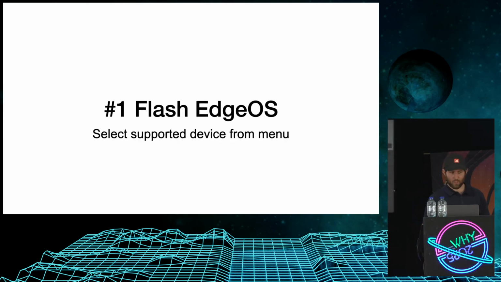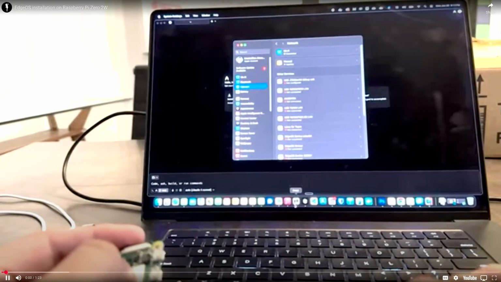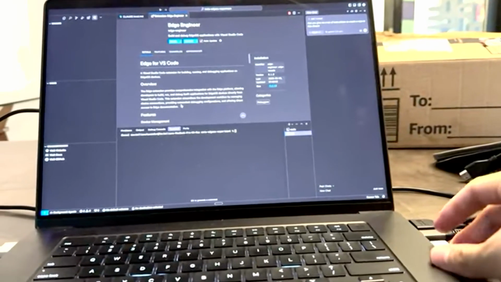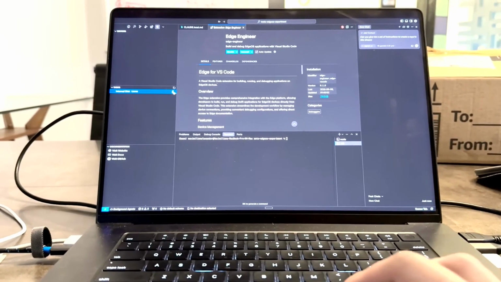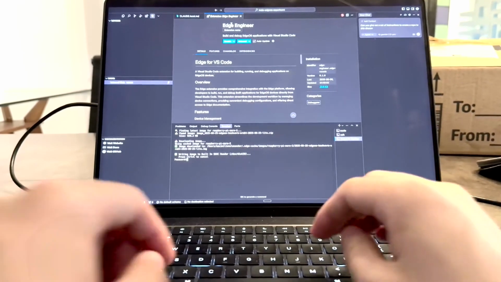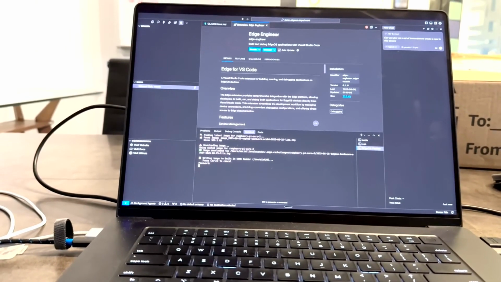So I want to give you a bit of a demo of how EdgeOS is used before I dive into the specifics. Because there are only really 3 steps that we strive to provide. The first one is you need to flash EdgeOS. So hopefully this works. There's an IDE extension in Visual Studio Code or Cursor, and you simply plug your SD card or NVMe disk in somewhere, and there is a disk that should appear over here. So you click on the disk, you flash it, select the device that you're trying to flash for, for example, a Raspberry Pi 5, or a Raspberry Pi 0, or maybe an NVIDIA Jetson when you need GPUs, and it starts